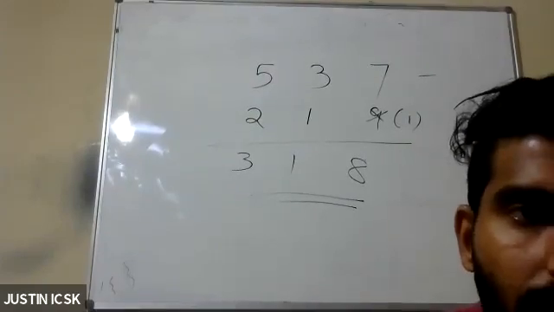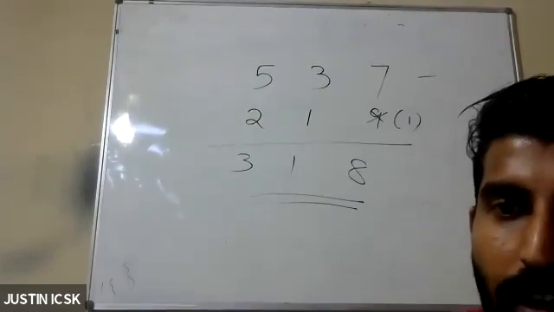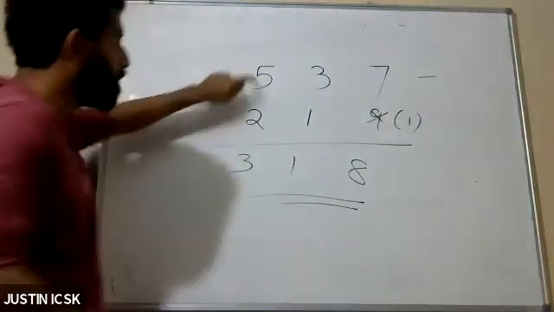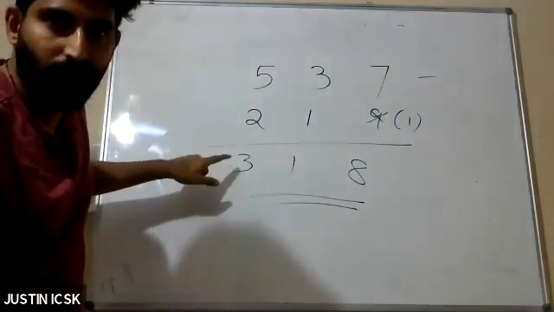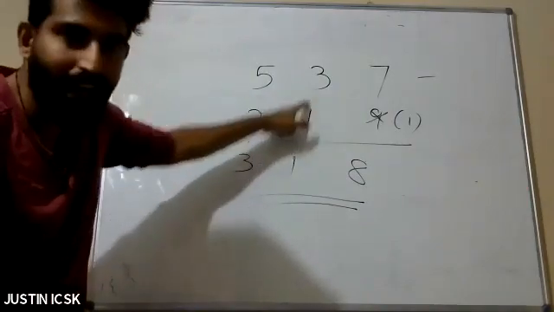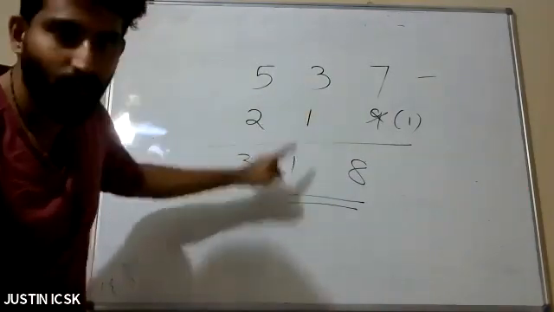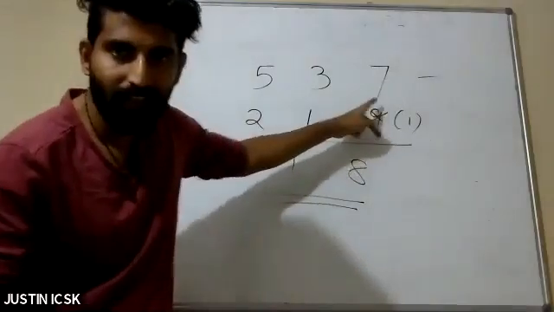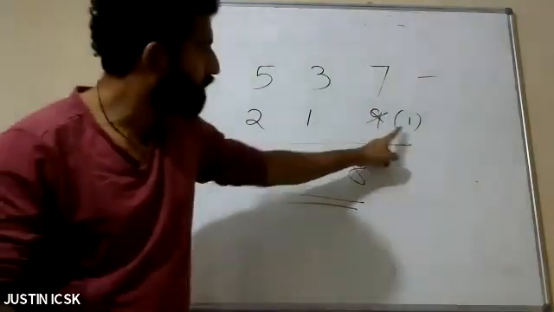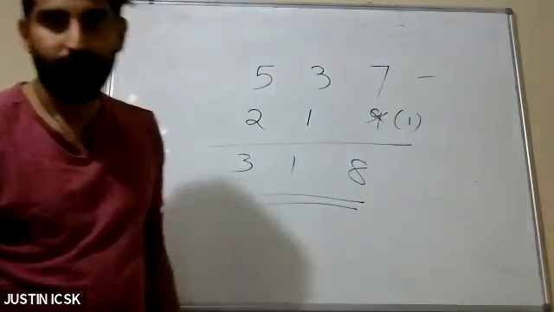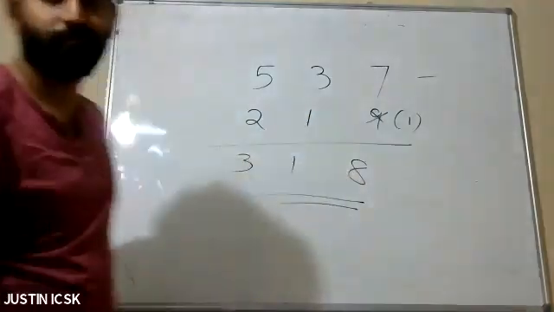Okay, now a little bigger number. Try yourself. 5 minus 2 is 3. I'm just doing with the 3 only because next is direct. 3 minus 1 is 2 only, but next is indirect, so I'll just write 1. Take the complement, add it.